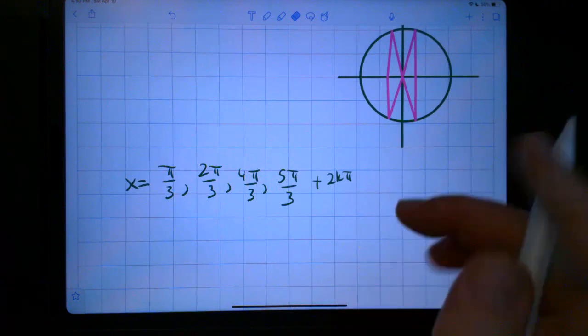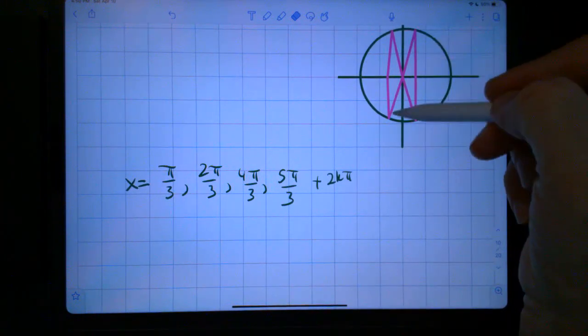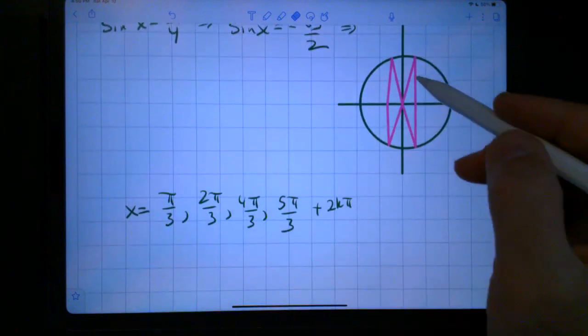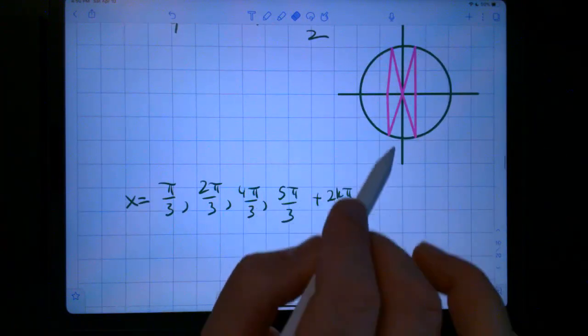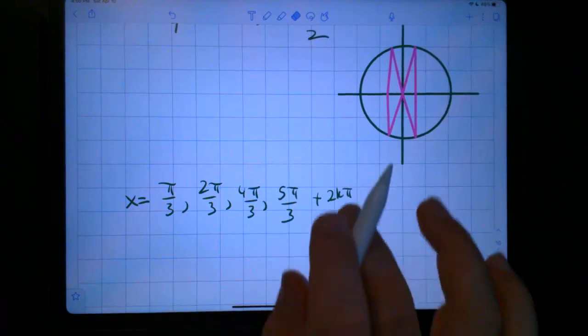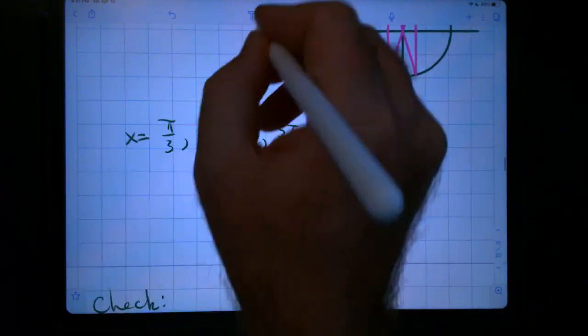And actually, this repeats every pi. And this repeats every pi. So this would be